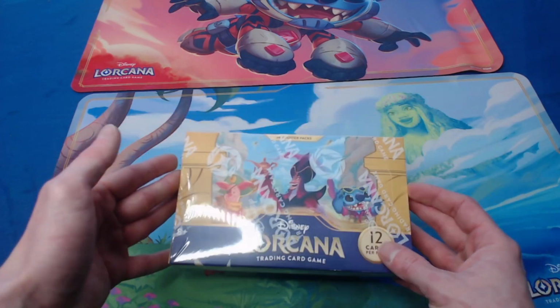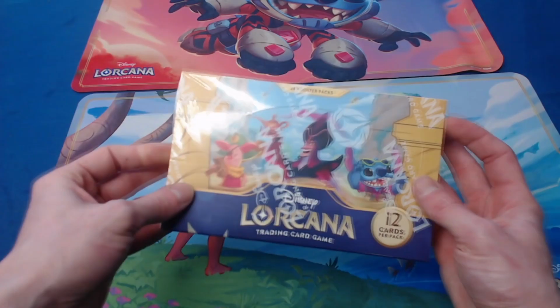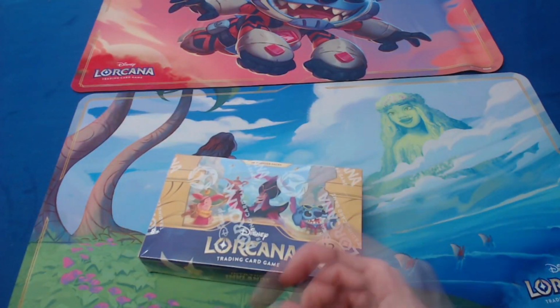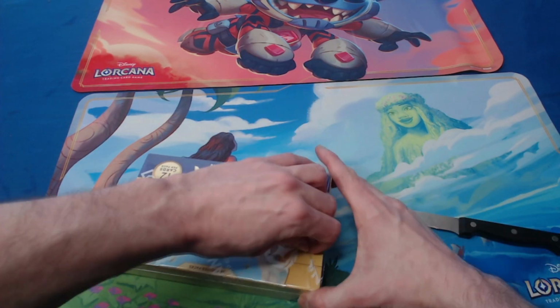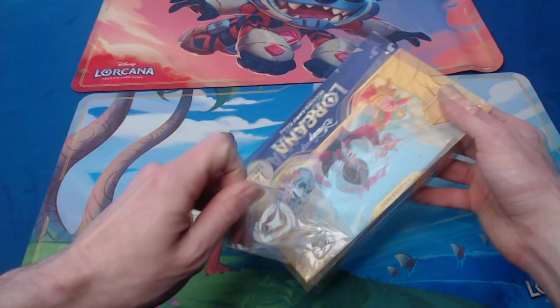So this is my first box of Into the Inklands, and the first thing that you will notice about the Into the Inklands boxes is they now have this Lorcana wrap on them. So every time a new set comes out, it seems like they are upping the quality on the packaging. The first one I really liked actually, when they had the little strip on the bottom. I thought that was a nice